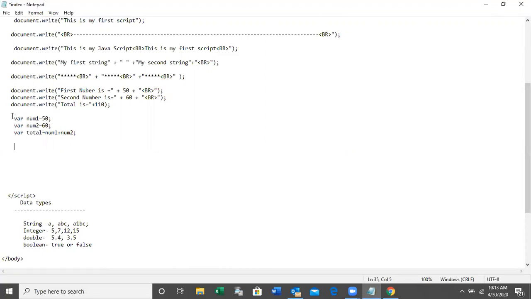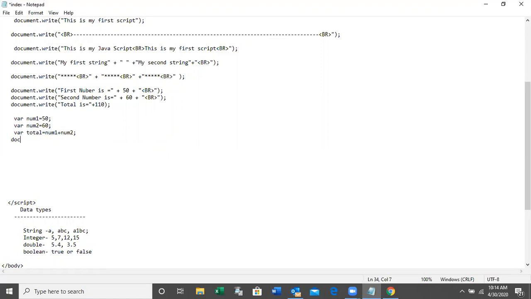Okay, then this is just a calculation, but I can't see anything on the screen, because I didn't display anything. After I do the calculation, I'm going to display the values one by one.